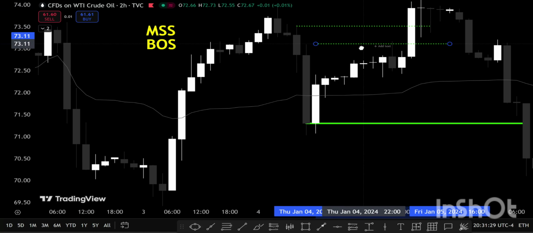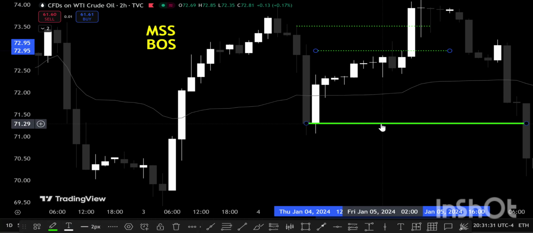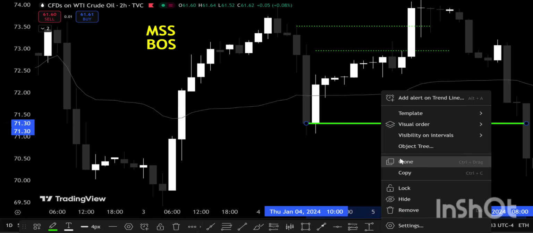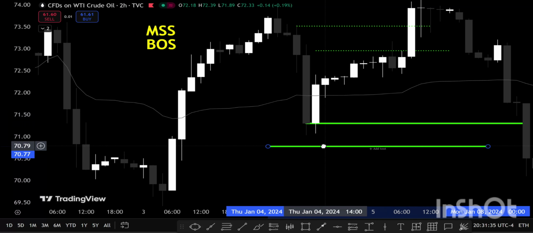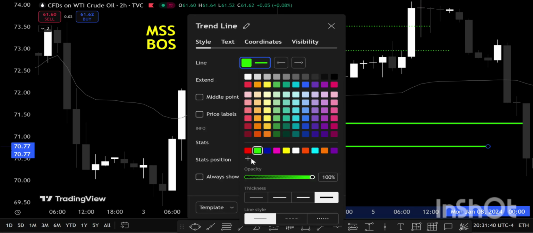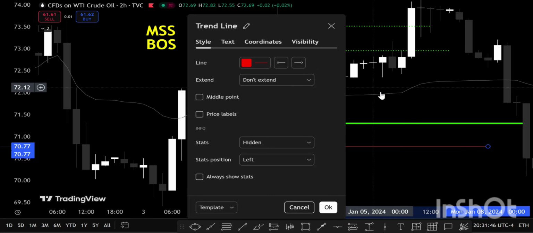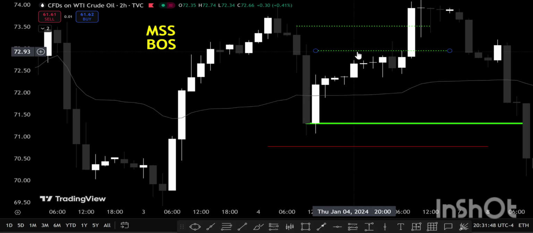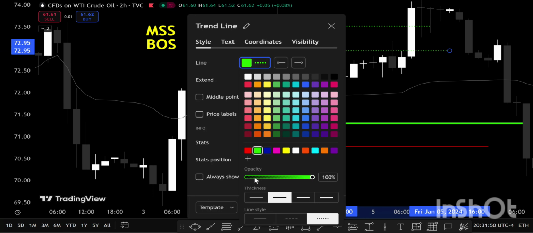We're going to get this line. And we're going to get this line here and we're going to make it red. Okay. Now we're going to make this red and we're going to make it a lot smaller, because this could just be a market structure shift. Okay. So I'm going to make this line a lot smaller red. Well, because what I want to do is I want to bold